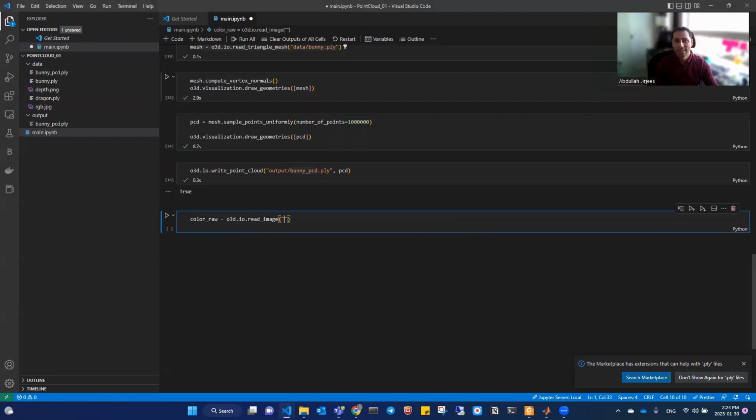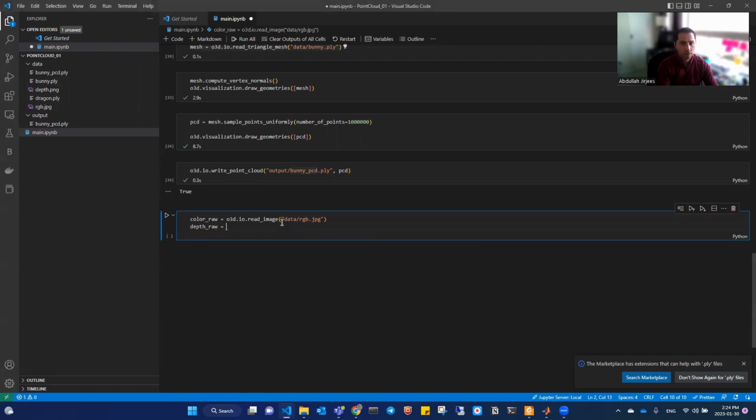So what do I have to read in data? We will read the RGB.jpg, which is data/RGB.jpg, and we will need the depth, so we will call depth